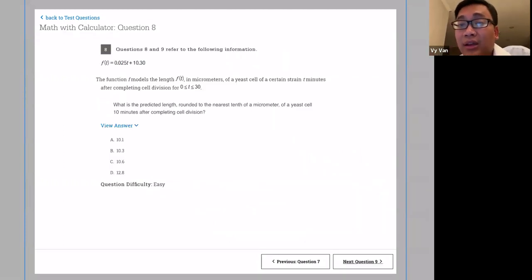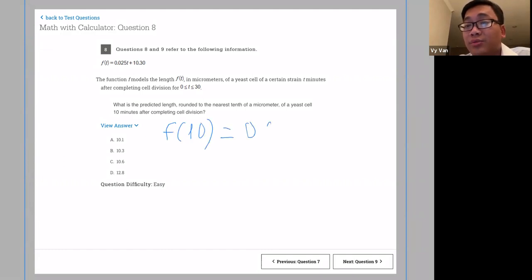Number 8. So they give you this function, where F is the length in micrometers, and T is time. What is the predicted length? At 10 minutes. So all you have to do is plug 10 in there and you figure out the answer. So F of 10 is equal to 0.025 times 10 plus